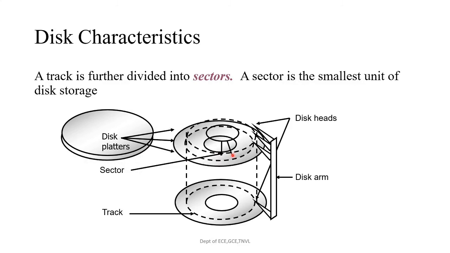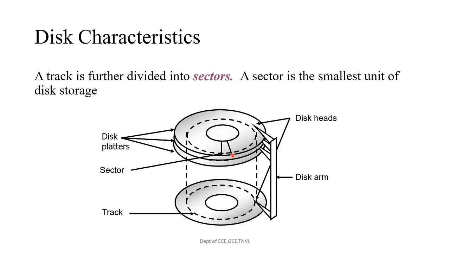So these are all the disk platters, and this is called the disk head. If you see here, this is a sector. If you select a sector, all the disks in the platter will have the same sector like this. If you select a particular sector, then the group of sectors under these platters is called a cylinder, and this is called the disk arm. This is the track which we have already discussed.